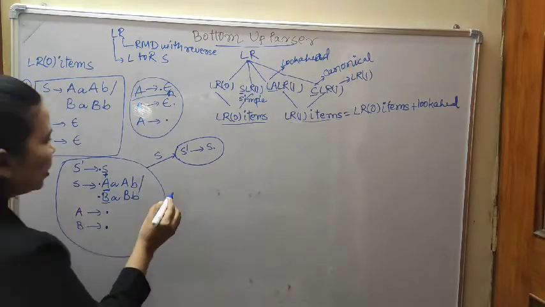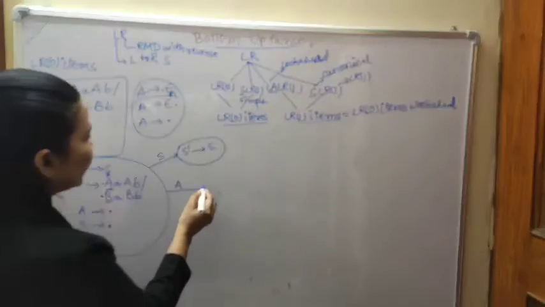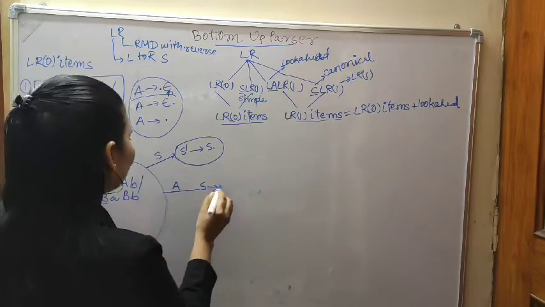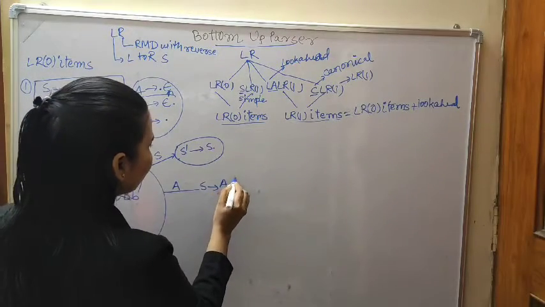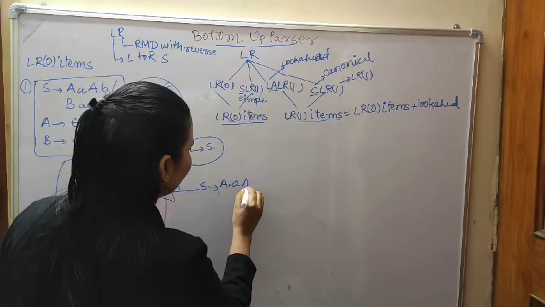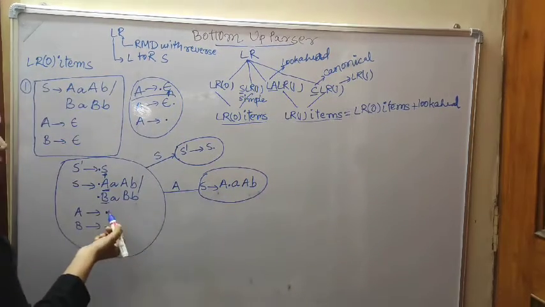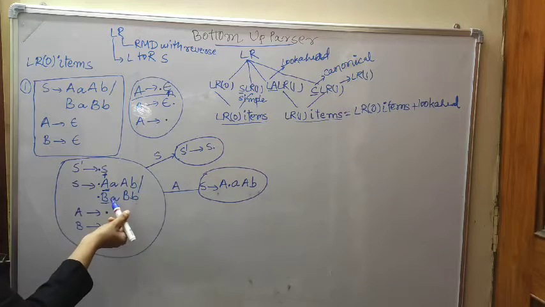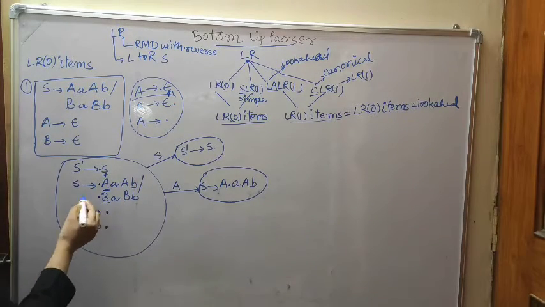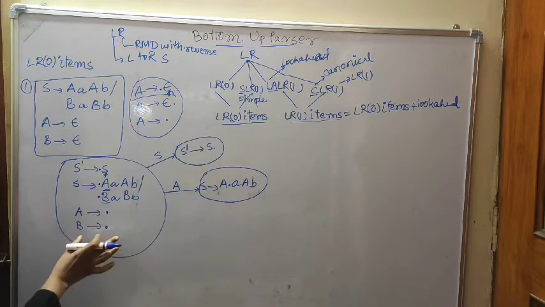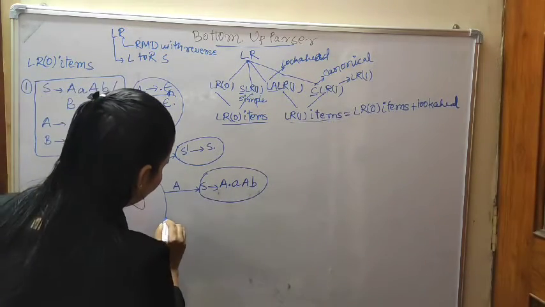Now we will take A. Whenever taking A, write down the production rule S dash to A. Now we have read the A, so afterwards the dot comes after A, then B. And after A nothing is there. A goes to this production rule, and A is not given anywhere else to move. Now for B we will take